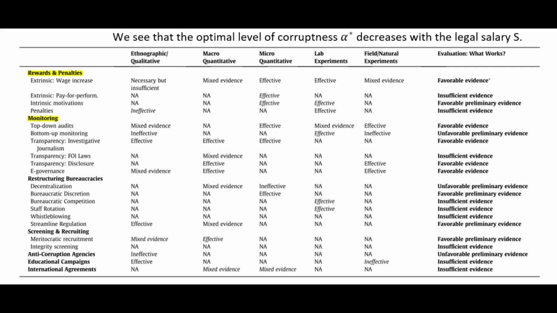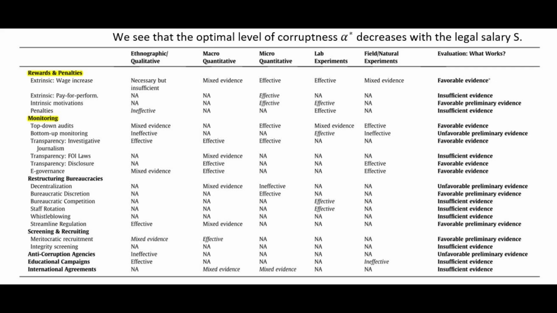So increasing the cost of being caught can be done by increasing the penalty or increasing monitoring, but it can also be done by increasing salaries. And so these in combination are often most effective. And really, it's going to be impossible to eliminate corruption from public service if officials are just not paid anywhere near enough to support themselves and their families. So that's a critical component of this.